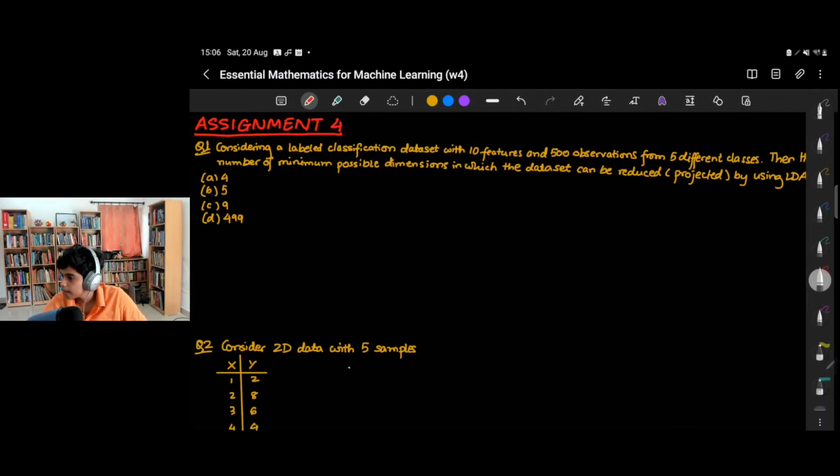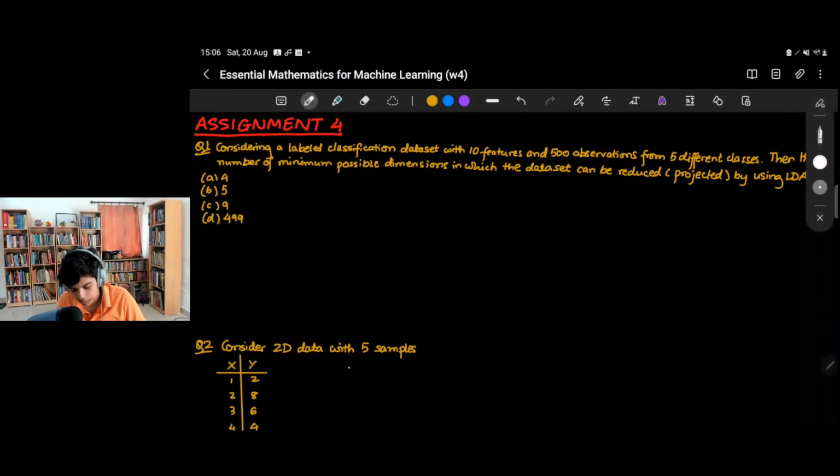So for today, we will focus on assignment 4. This is a fairly simple assignment, so to say, and we will start by solving the questions, and this will help you in solving the current assignment 4. So the first question